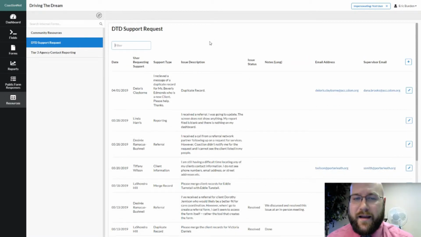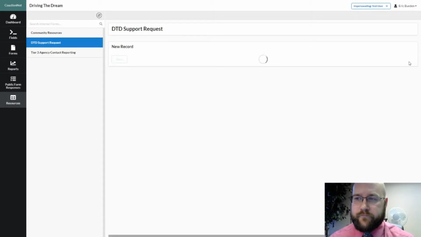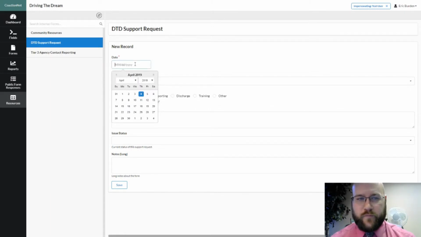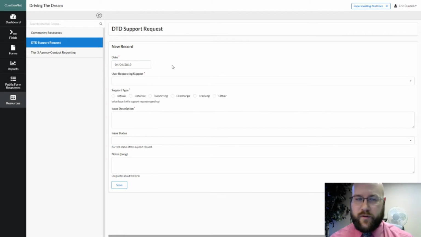In order to add a new support request, simply click the blue plus sign over to the far right here, and when you hover over it, it says Add a Record. This opens an empty support request form that you can fill out. Start with the date, generally today's date. Who is requesting